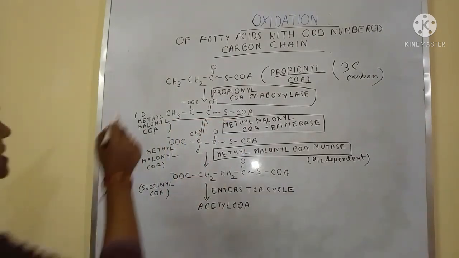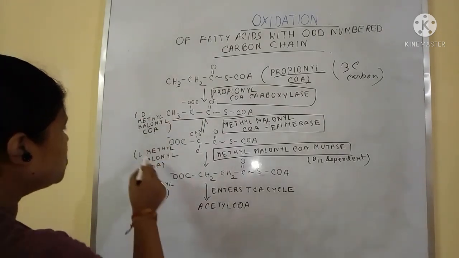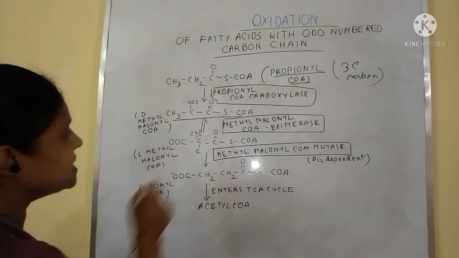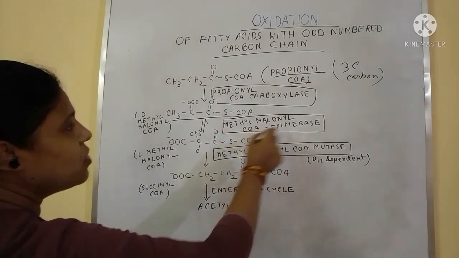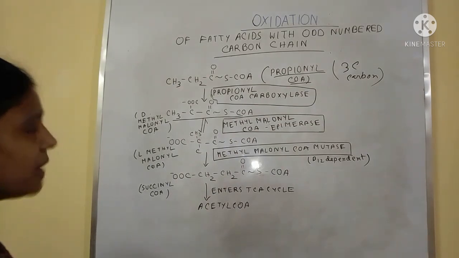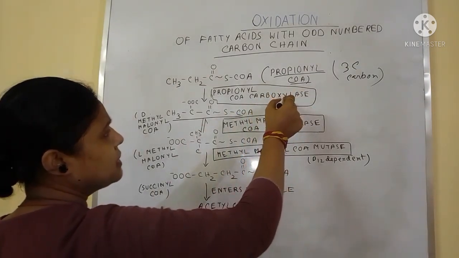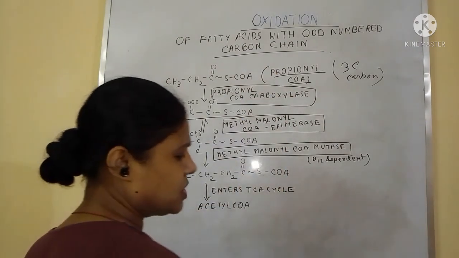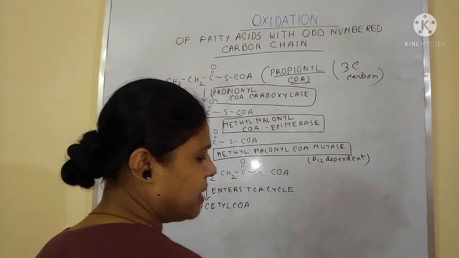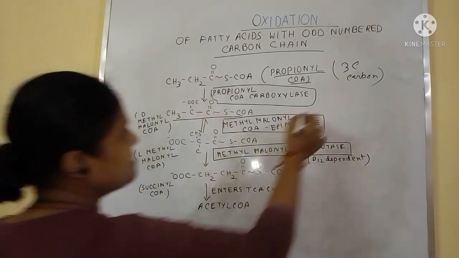And this D-methylmalonyl CoA converts into L-methylmalonyl CoA in the presence of methylmalonyl CoA epimerase. So here we have taken the carboxylase, the process is carboxylation. And the epimerase means this substance is racemized,